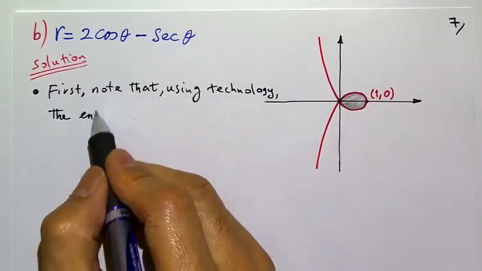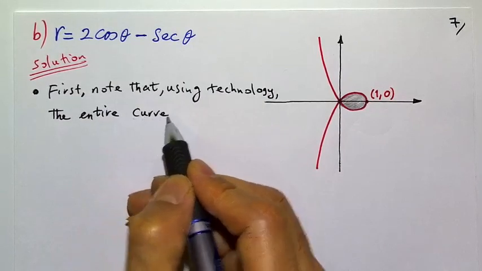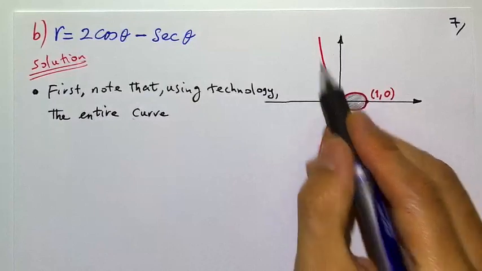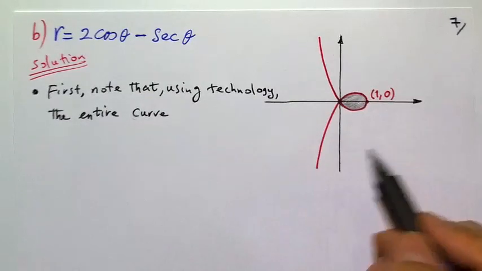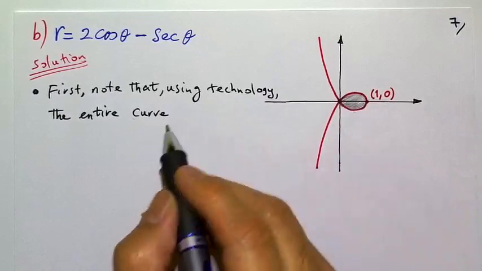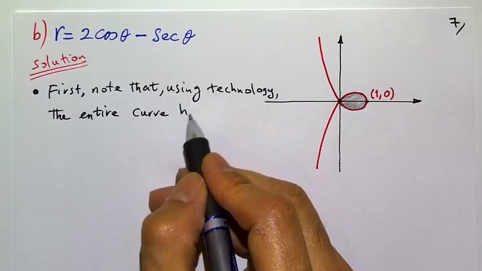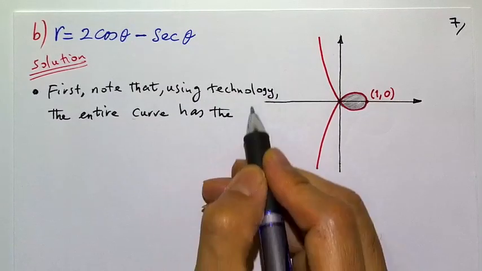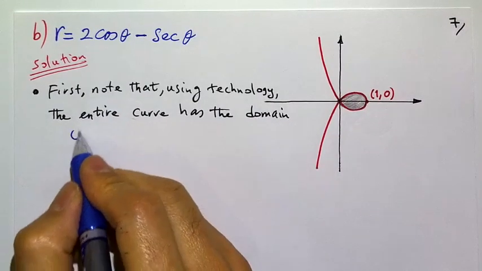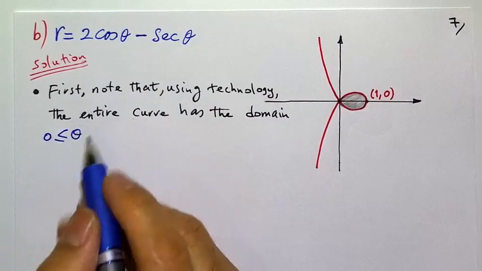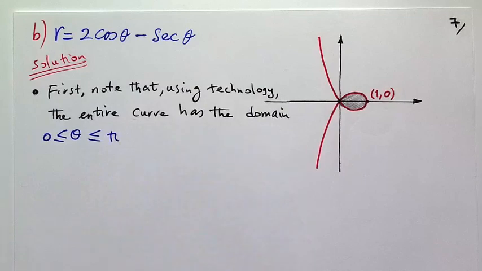I'll take that back. So this is for the entire curve, including these whiskers that come off this way and that way. So the entire curve has a domain from 0 to pi, not just that piece. I apologize. So the entire curve has the domain from 0 to pi,